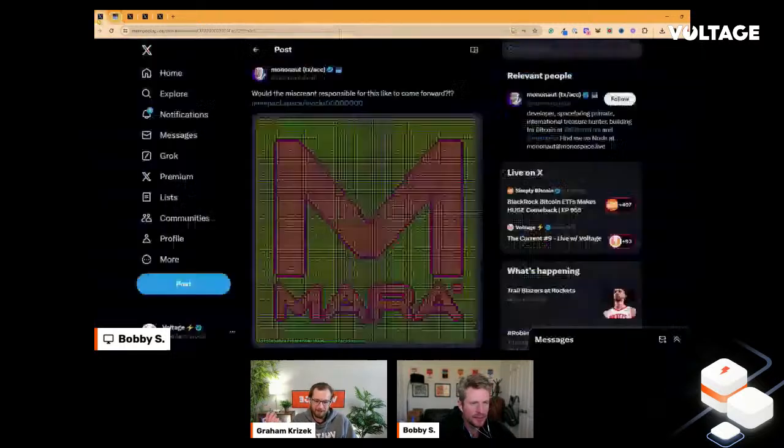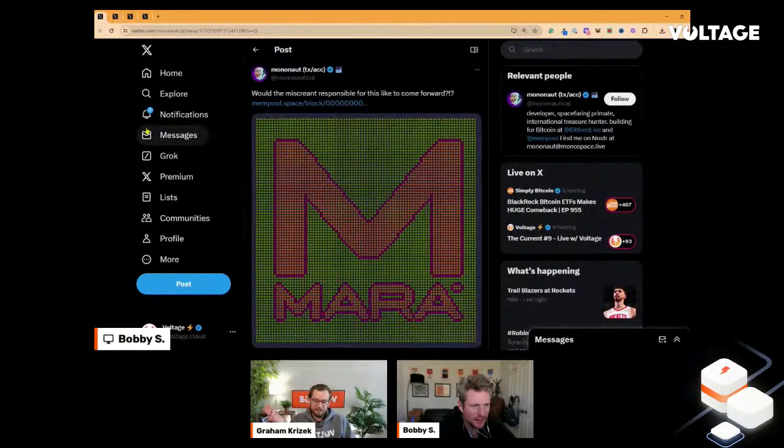mempool.space. And if you're thinking of your Bitcoin bingo card for 2024, this is definitely not something I would have ever imagined happening. It's so off the wall. It's not even an ordinal. It's just an image on mempool.space based on the transaction. So certainly interesting. It's going to be interesting to see what other people do with this, or if there's more to come from this.